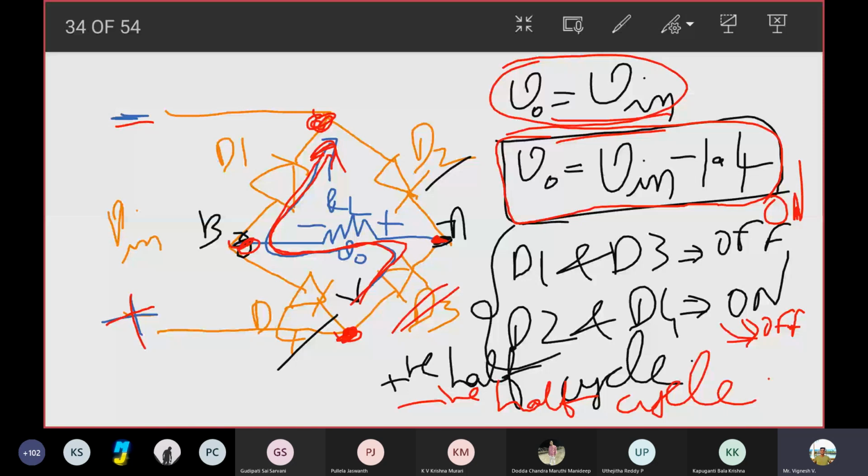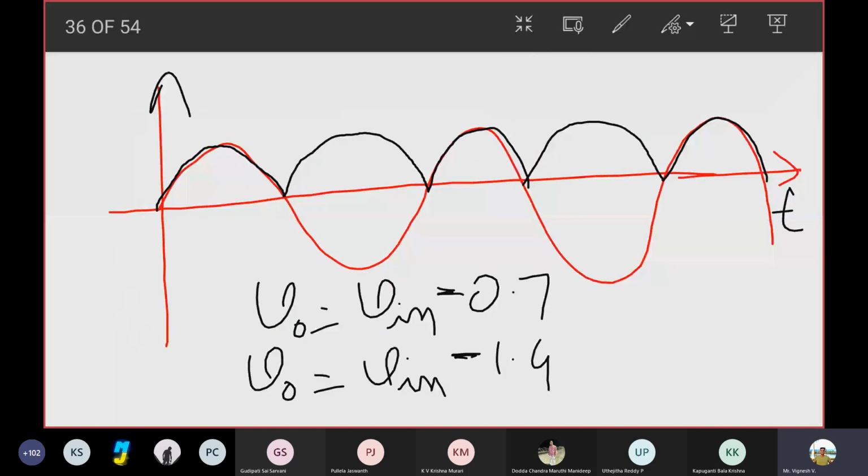If you look at it in these terms, it appears as if your center tap full wave rectifier is better than the bridge rectifier. I'll disprove it in another 5 minutes, okay? It's not so. The center tap full wave rectifier is not better than your full wave bridge rectifier. The reason we go for the full wave bridge rectifier is that it is better in design when compared to a center tap full wave rectifier. I'll prove it in another 5 minutes. So I just gave you the gist.